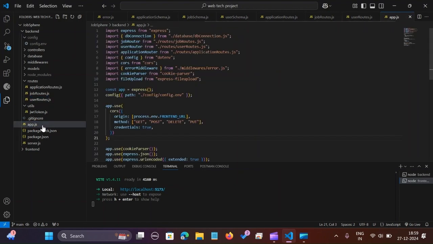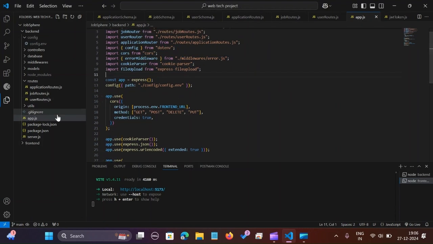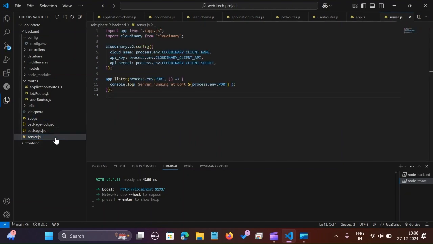App.js serves as the main entry point for Node.js. It initializes the application and sets up the server. Then we have server.js, which is primarily responsible for initializing the server.